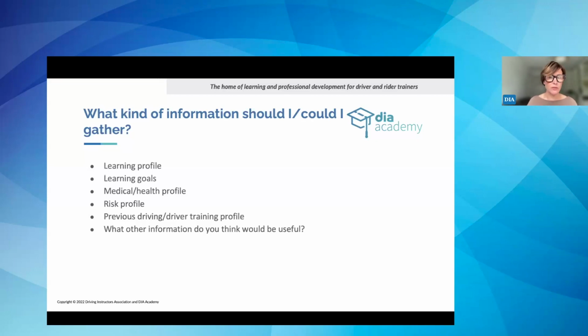That is something we can have a discussion about and people can input. What else do we think, in your world, in the everyday, is really useful information that you could gather to help develop the learning journey, to help you manage risk in your business, but also help you grow your business, because every pupil profile that you get contributes to a segmentation and a profile of all your pupils. So it's quite useful in that respect, in terms of what you learn about one customer helps you get more customers and service those customers better.